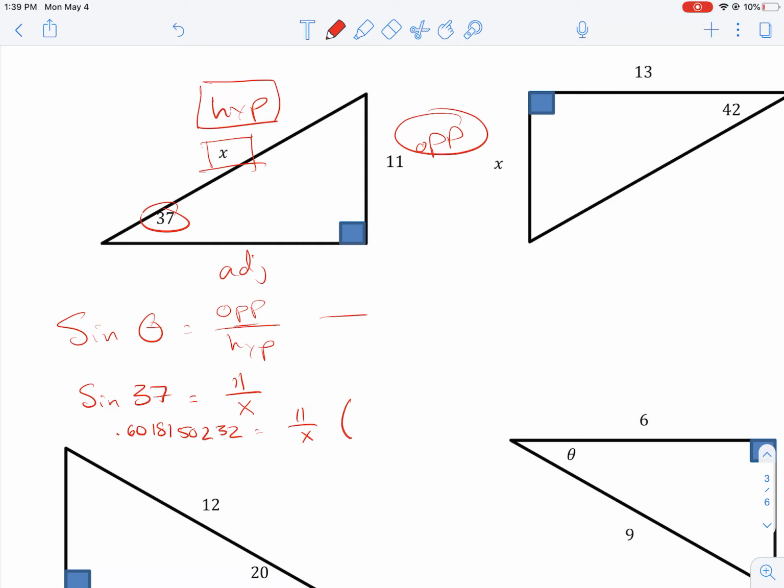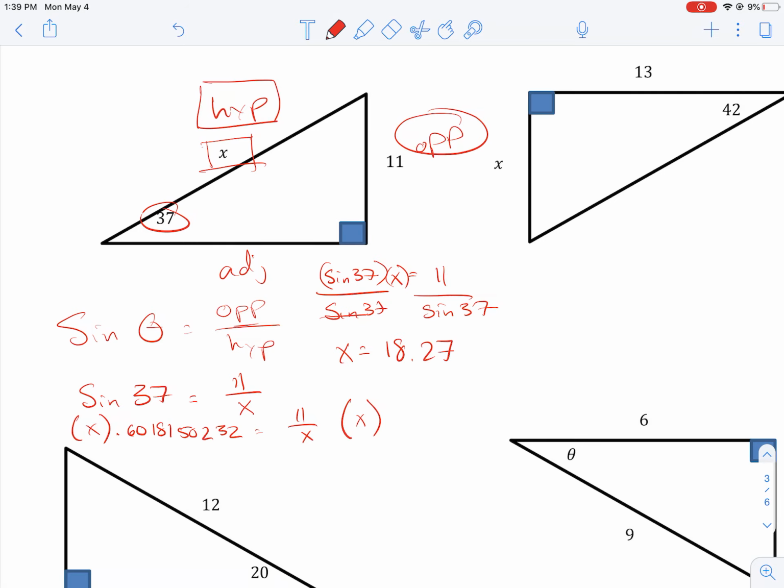Okay, so to get x out of the denominator, I'm going to multiply both sides by x, and then you're going to get this big number here. So I'm just going to put sine of 37 times x is equal to 11. I don't want to write that big long number, but then I'm going to divide by the sine of 37. And so x is equal to 11 divided by that last answer. You should get x is equal to